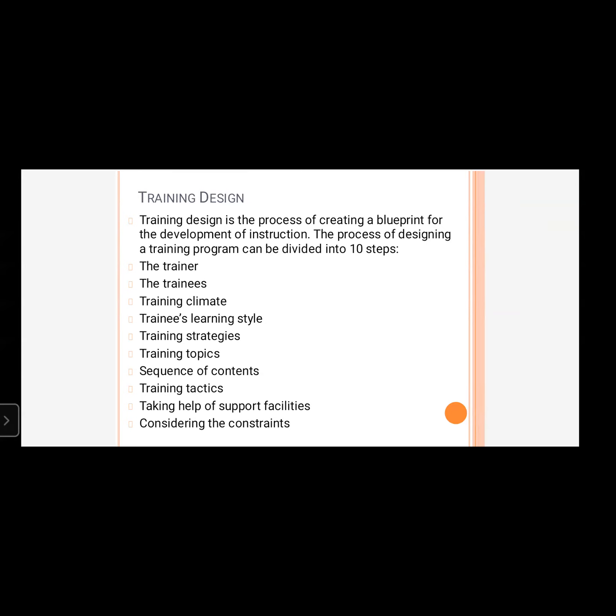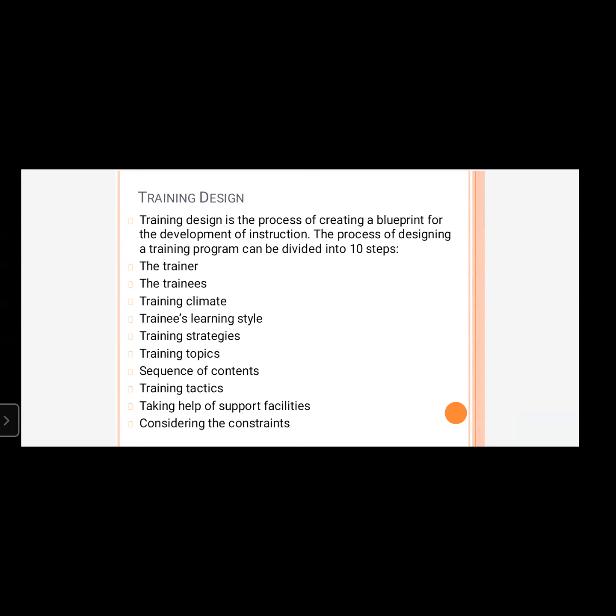Very simple. Next one, the training climate or the training environment. So the training environment should be such that it should be a learning environment provided by the organization, where the environment is such that everyone is open for learning and everyone is learning something out of the training program,